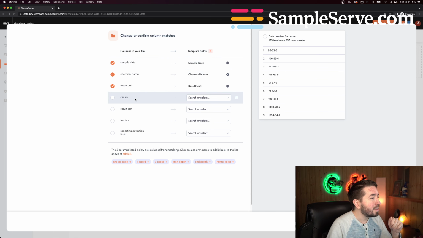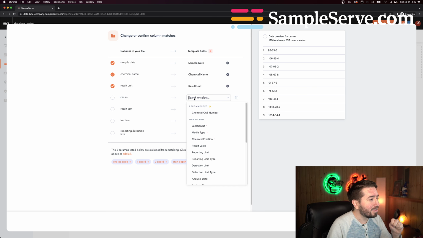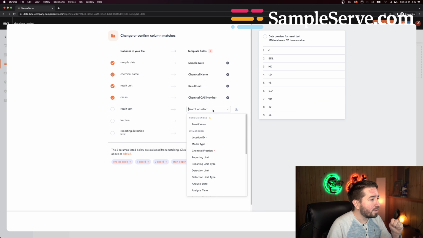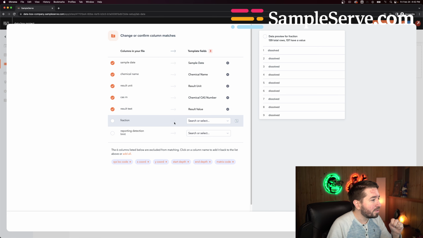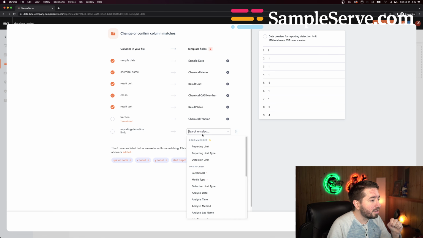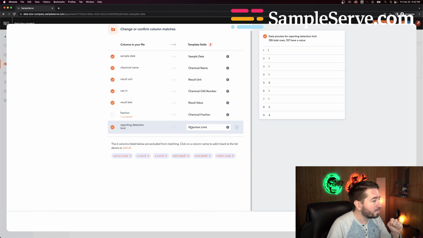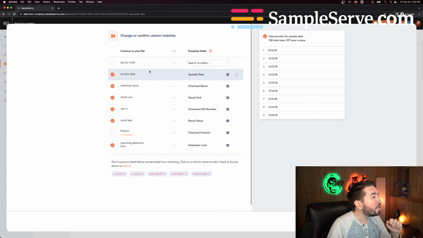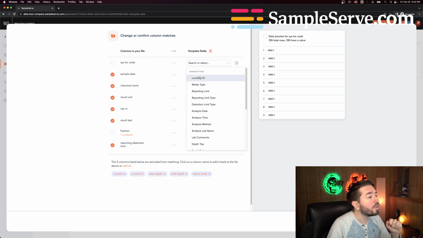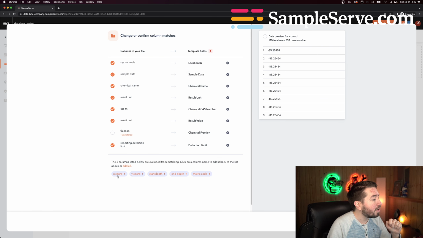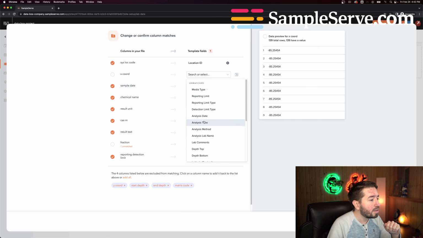And it's pretty easy, because here we can hover over and see what rows are in our headers or in our columns. And this is obviously CAS. Result text is obviously results. Fraction is also going to be chemical fraction. Reporting detection limit is going to be detection limit. System location code, hovering over this, we can see this is our location IDs. Our X coordinate is going to be